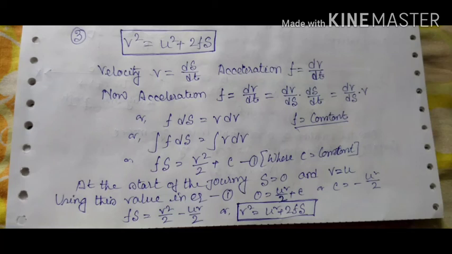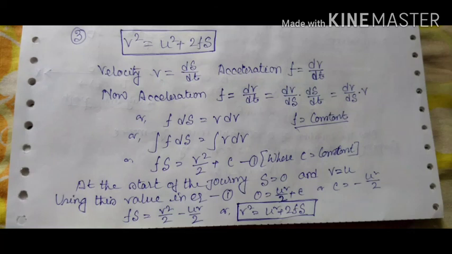Now acceleration f is equal to dv/dt is equal to dv/ds into ds/dt. We have an idea about ds/dt, that is v, so we can write dv/ds into v. Using cross multiplication, f ds is equal to v dv, where f is a constant. So integrating both sides, integration of f ds is equal to integration of v dv. Integrating, we have fs is equal to v square by 2 plus c, equation number 1, where c is a